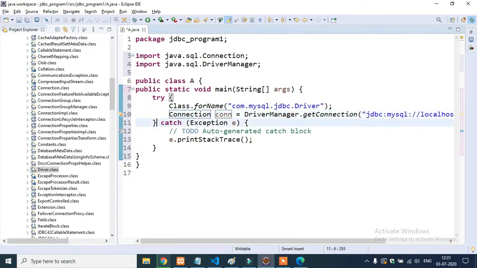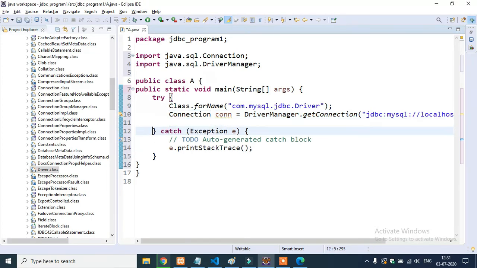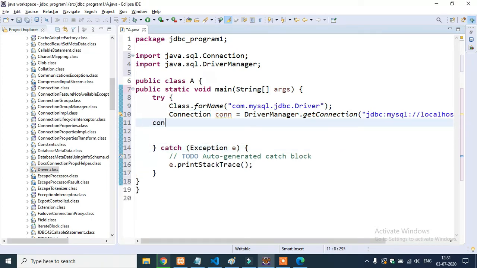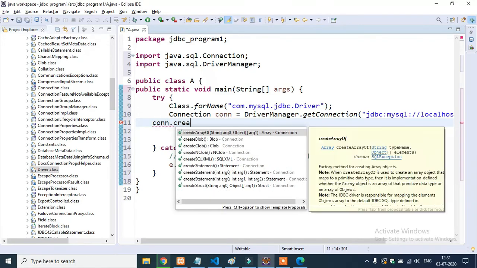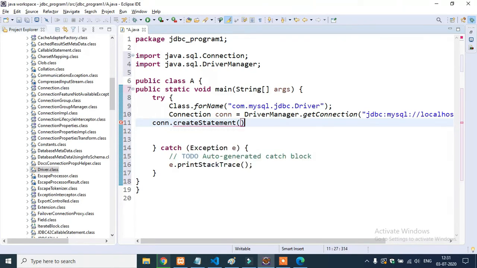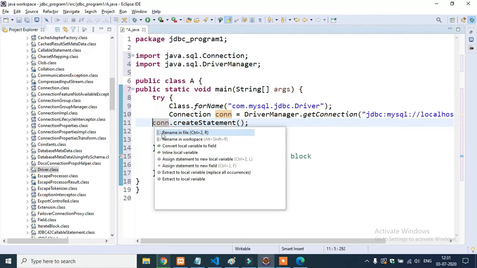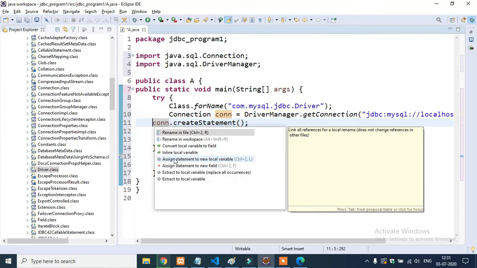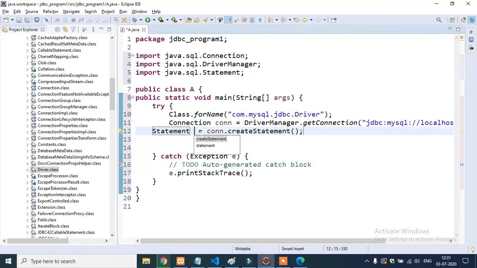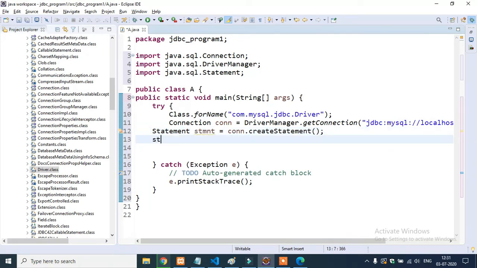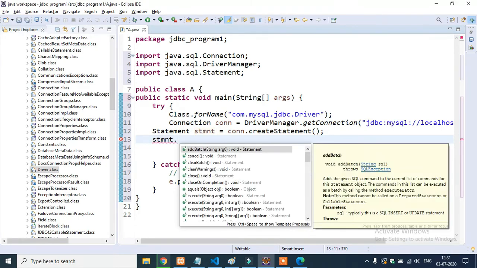After that, con.createStatement with the semicolon, and again place the cursor over here, press Ctrl+1, and you see this option, assign statement to a new local variable. Click and let's give it as stmnt. Now stmnt.executeUpdate,